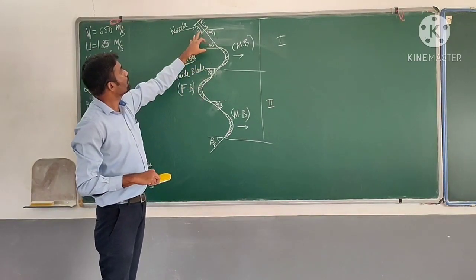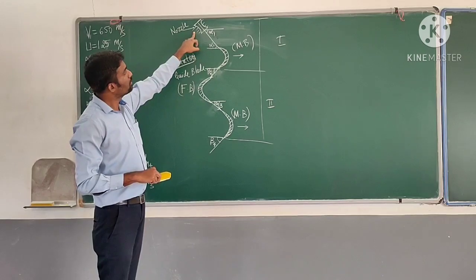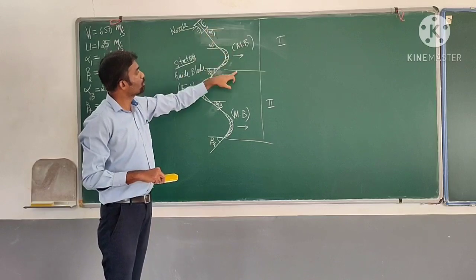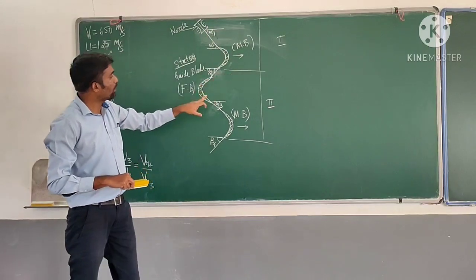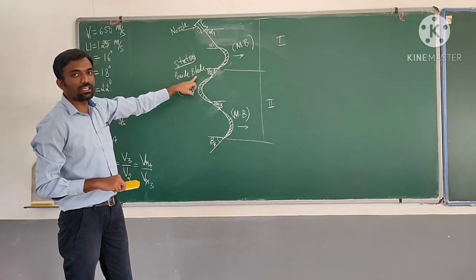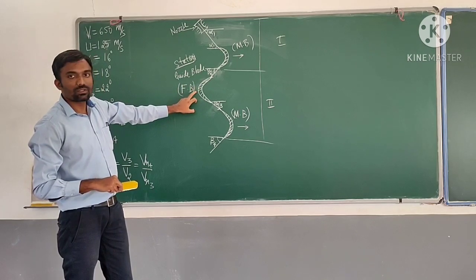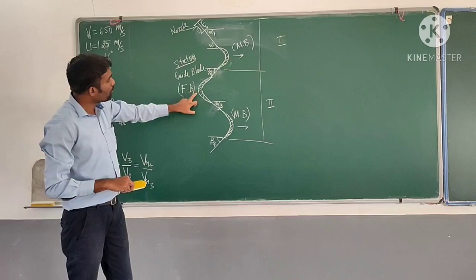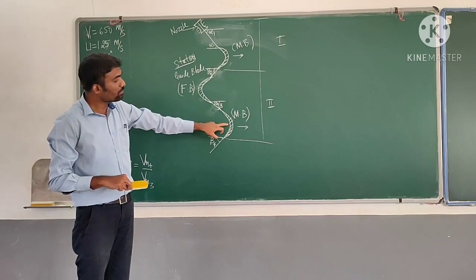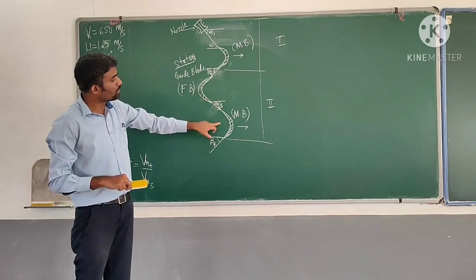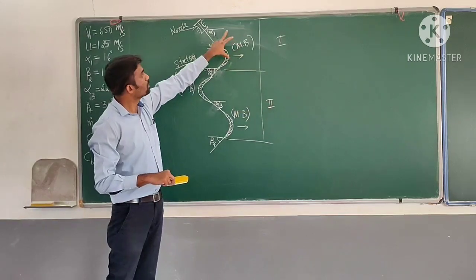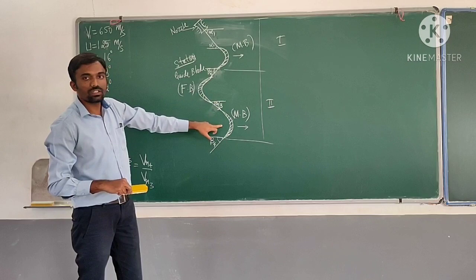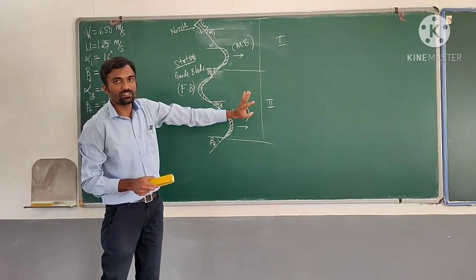So you can see there is a nozzle over there. After the nozzle, we have a moving blade. So this constitutes the first stage. Then we have a stator or fixed blade or the guide blade. So I am referring to this stator, fixed blade or guide blade. With this we have a moving blade. So these two will constitute the second stage. So this much is the first stage. Nozzle with moving blade is the first stage. Stator with another moving blade is the second stage.